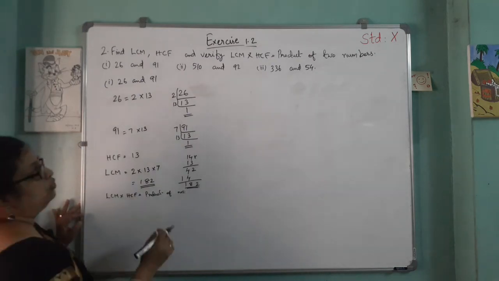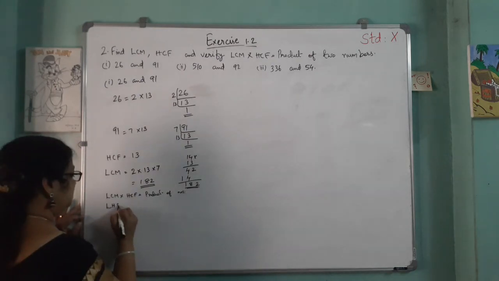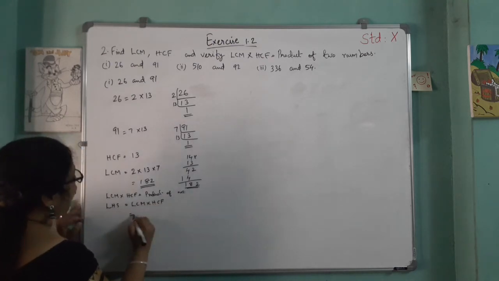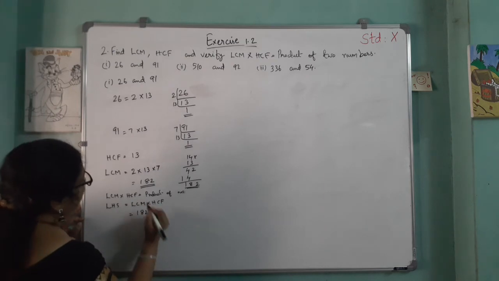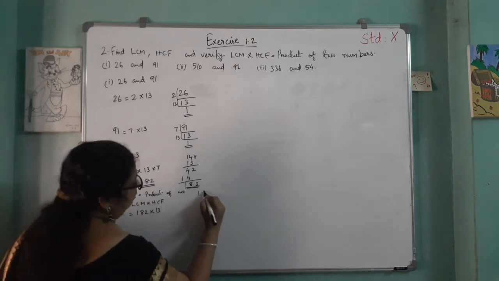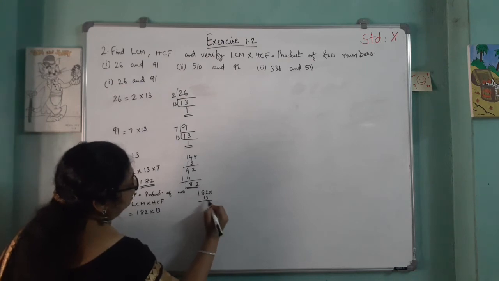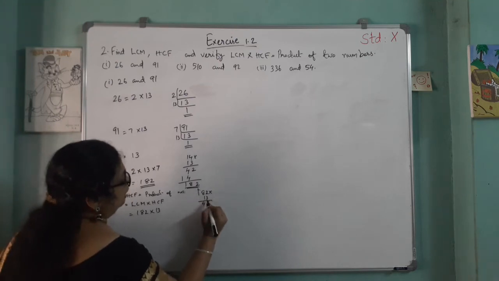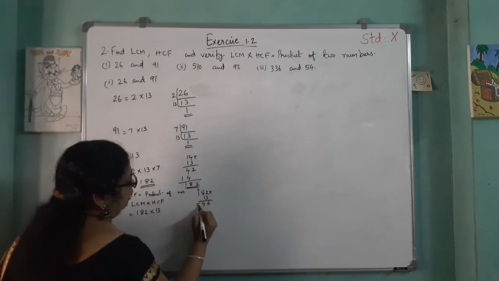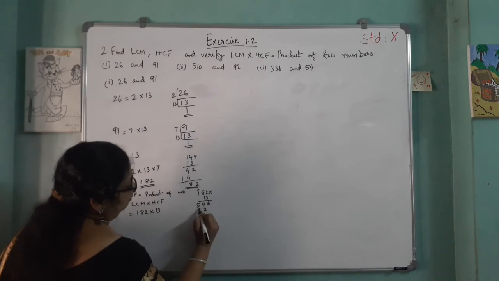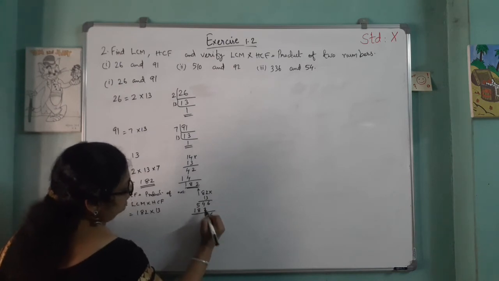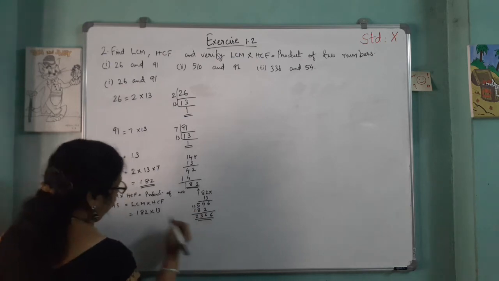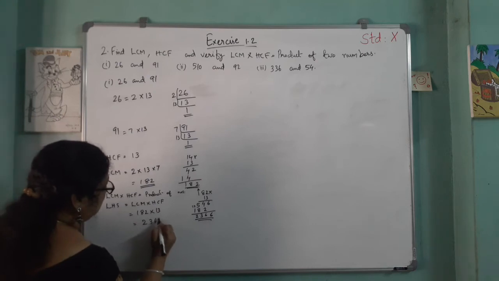So we know that LCM into HCF is equal to product of numbers, and this we want to prove, that is the left hand side LHS equal to LCM into HCF. That equal to LCM is 182 into HCF is 13. So we can multiply 182 into 13. 3 2s are 6, 3 8s are 24, 4 here, 2 here, 3 1s are 3, plus 2, 5. Then next 1 into 2, 2, 1 into 8, 8, 1 into 1, 1, 6, 4 plus 2, 6, 8 plus 5, 13, 1 here, then 2. So the answer is 2, 3, 6, 6.